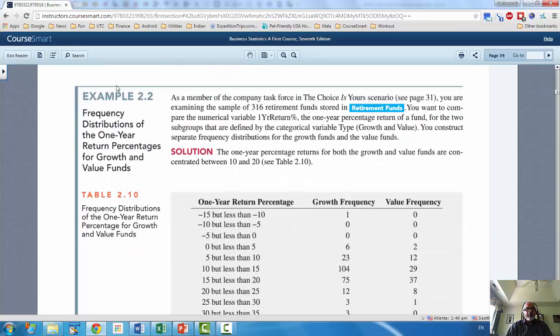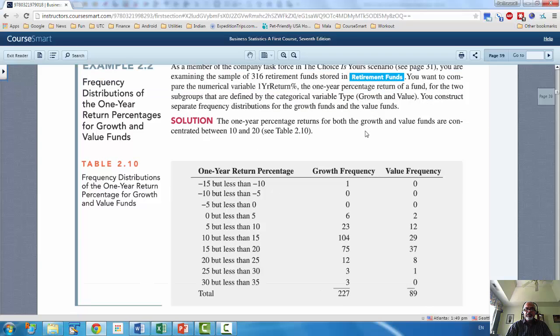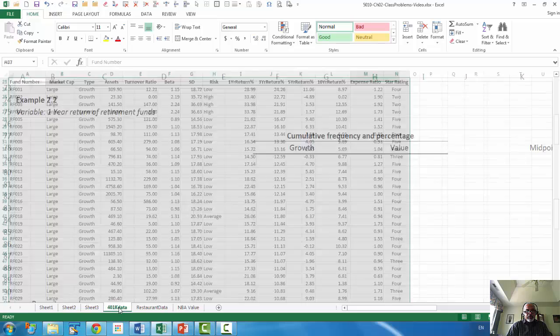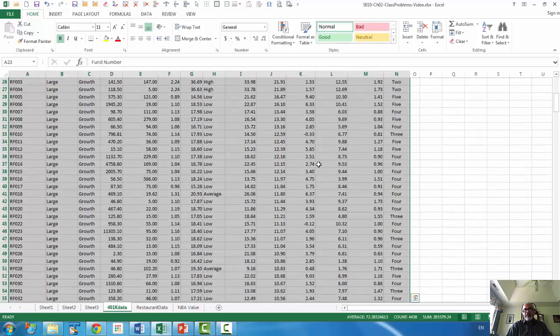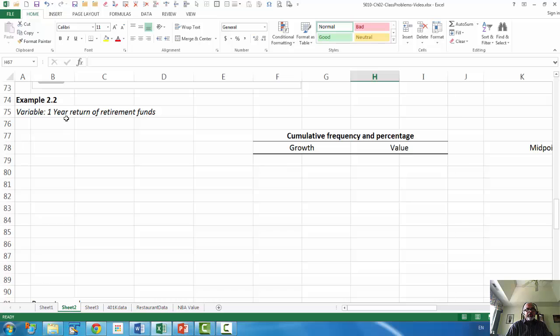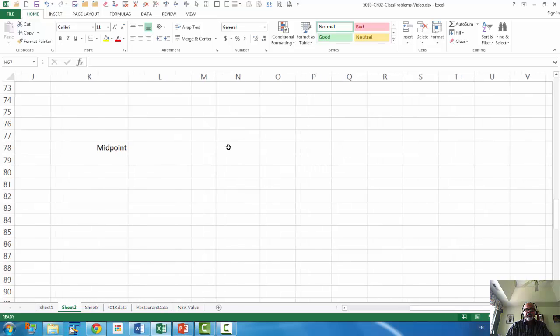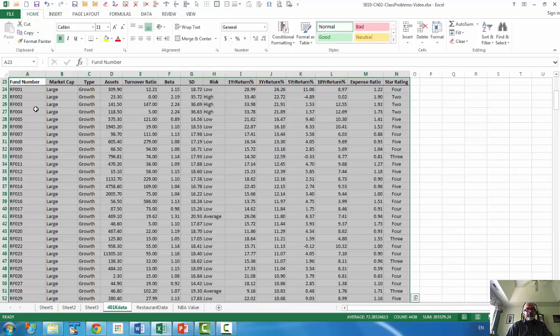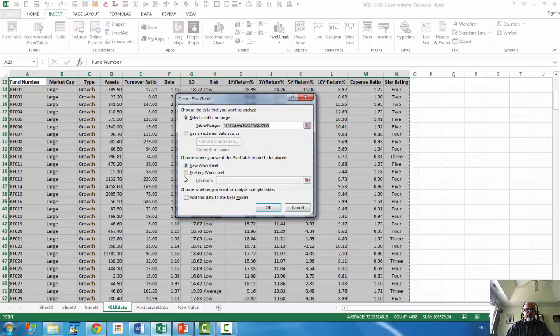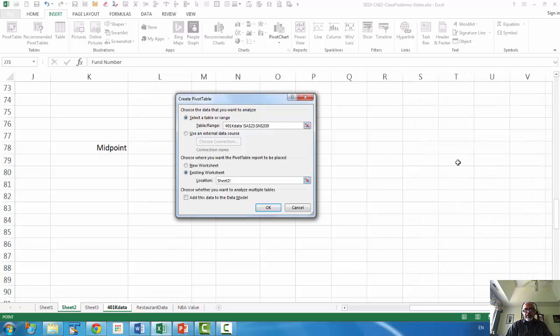Now let's look at example 2.2 from your textbook with the retirement funds data. So we're going to repeat what we just did in cost of a meal. Here we're going to use the data from the 401k tab, and we will use frequency distribution first using pivot table. Again, go to 401k, insert pivot table, existing worksheet, and let's select that cell as the